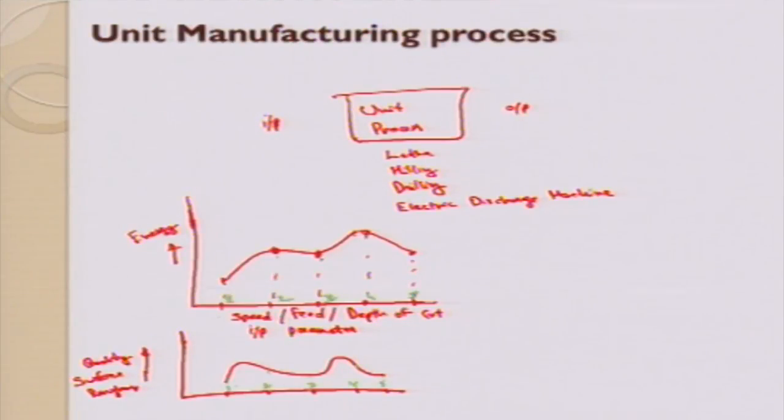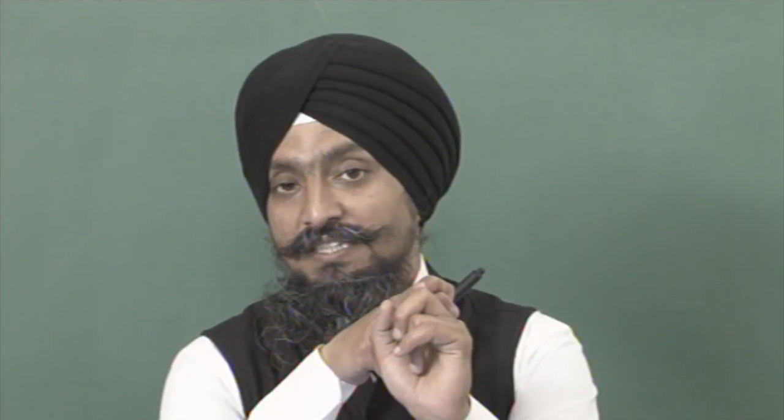Surface roughness also has to be minimum. So let me say the minimum value is here. So we need to select this setting here and this setting here, and we need to optimize it in a way that combining these two different settings, what would be the best possible solution, what would be the best possible setting of the machine to have the green machining.